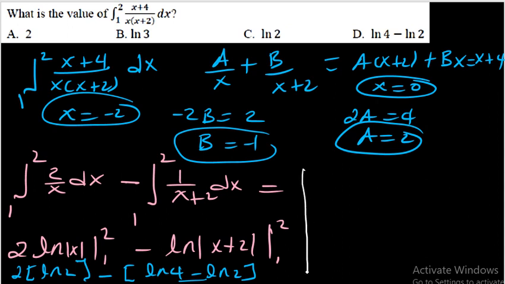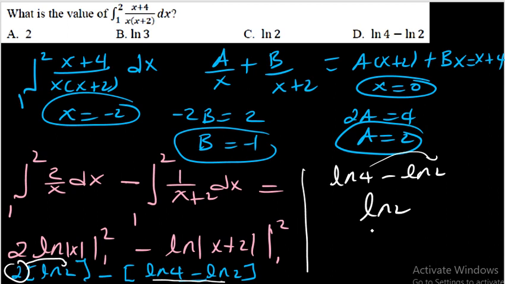Therefore, let us use our space. 2 ln 2 means ln of 2 squared. When we complete this part, ln 4 minus ln 2 means just ln of 4 over 2, which is 2. So 2 ln 2 is ln 4, and ln 4 minus ln 2 remains. According to the logarithm rule, I will divide. So finally the answer will be